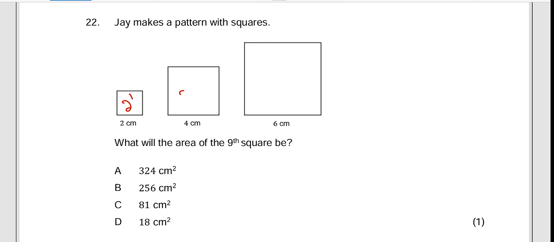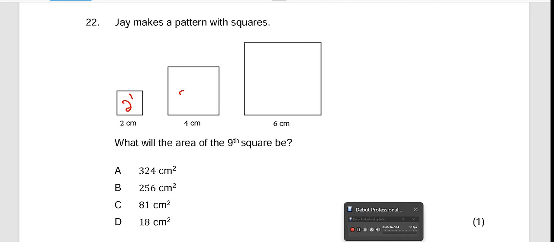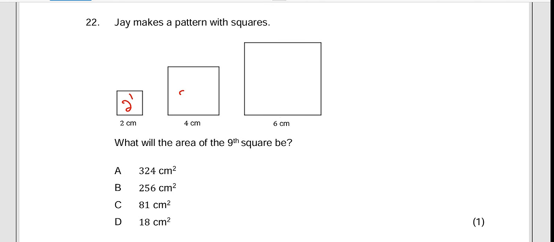Sorry for that. Okay, the question says James makes a pattern with squares. What will the area of the ninth square be, guys? When we look at